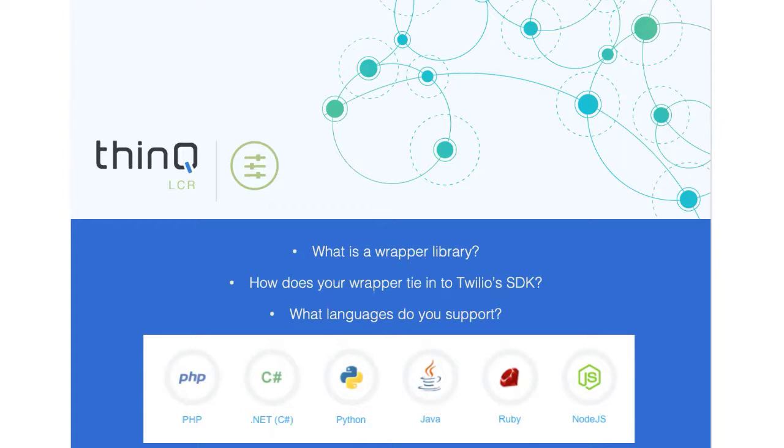Now, the wrapper portion of that, think of that almost like a facade, if you will, that makes it easier and quicker to set up certain functionalities, certain settings and configurations within your program so that you have less typing and less programming to do. thinQ's wrapper library gathers Twilio's quote-unquote make a call SDK, so essentially they generate a call,